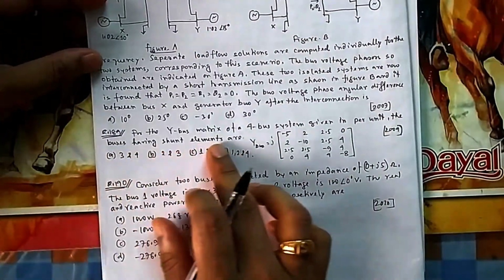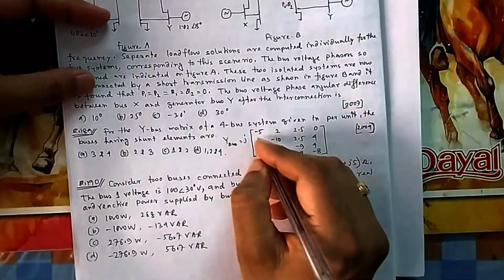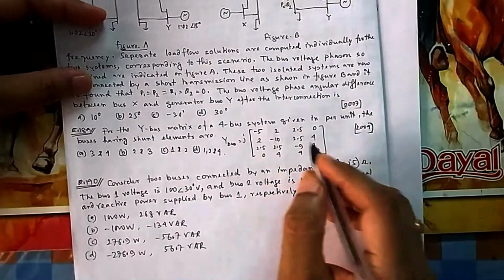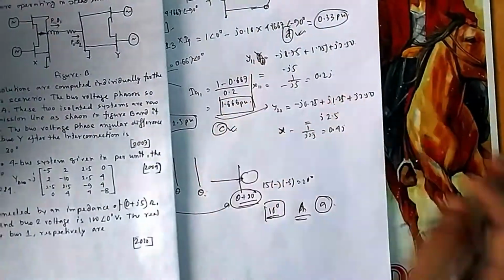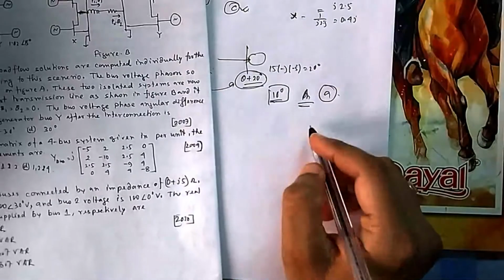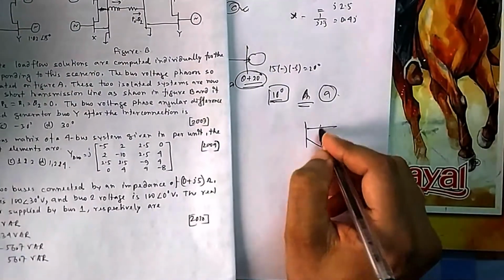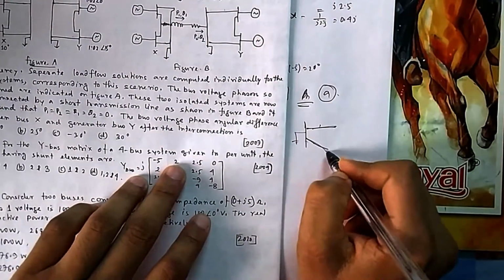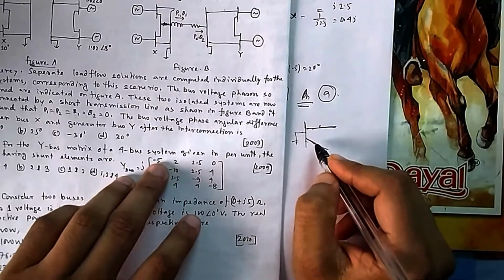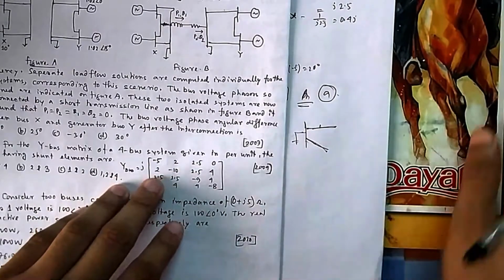Now if you come to 189, the Y bus matrix of a 4 bus system given with a bus having a shunt element. For the shunt element, if you add all these things, then it will not be 0. Because we are solving this Y11 format. What is Y11? This plus this plus this. And this is only this. So if there is no shunt, then this plus this will directly come here. So if you add all these things, then it will be 0.